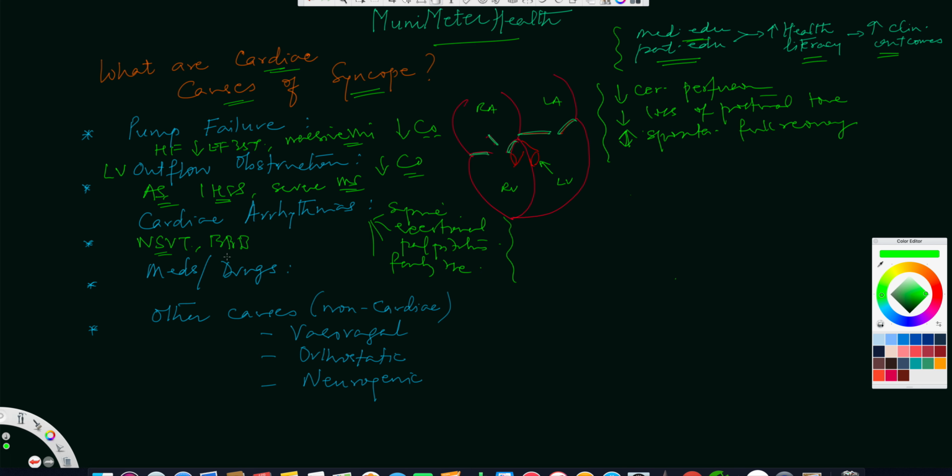Doesn't mean that's a connotation of a future syncope. But somebody who passes out has syncope and a bundle branch present. You have to be very careful what you're looking at. One, you have to see if the QRS is prolonged, more than 0.12 seconds or 120 milliseconds, whichever way you want to look at it. So QRS more than 0.12 implies that there is a significant intraventricular conduction delay present. We write it down as IVCD.